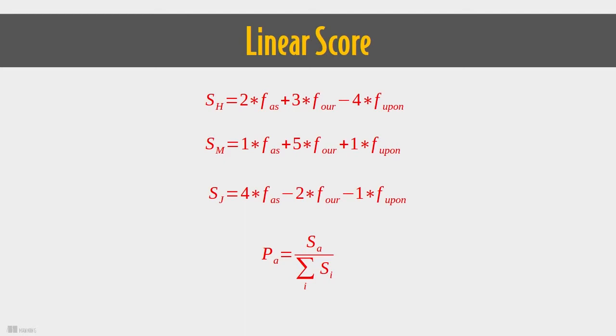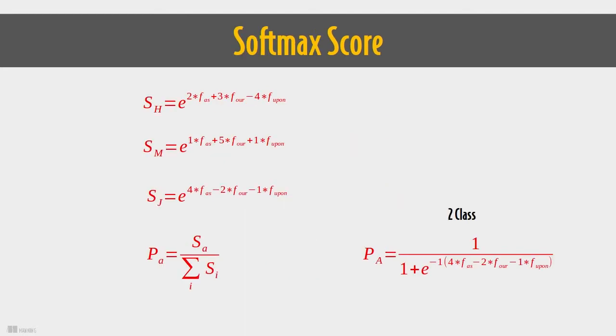But what if the score for Hamilton happens to be a negative number? Then we'd compute a negative probability. There's something going wrong here. To correct for this, and for other reasons, let's instead restrict the scores by using an exponential function.